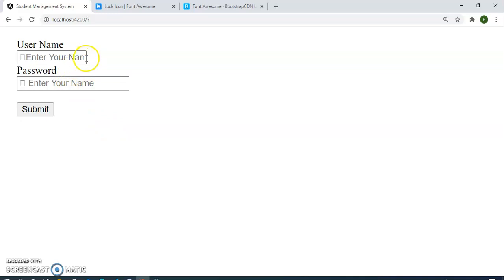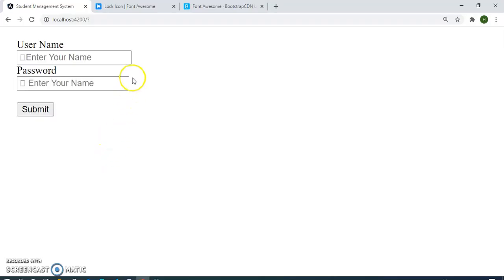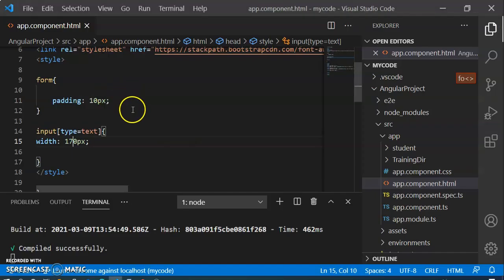As you can see here, this is decreased, so now we again want to get it, I want to give 170. Now you can see here it is 170, it looks like the username and password. 165.